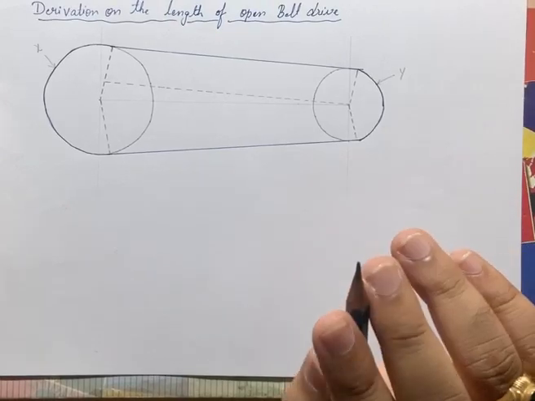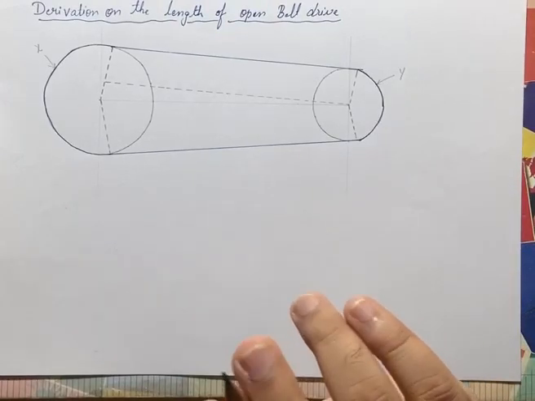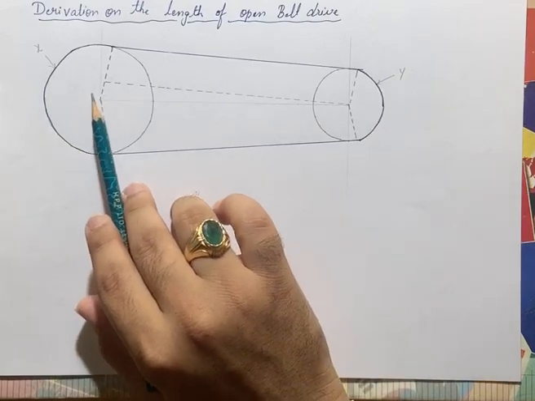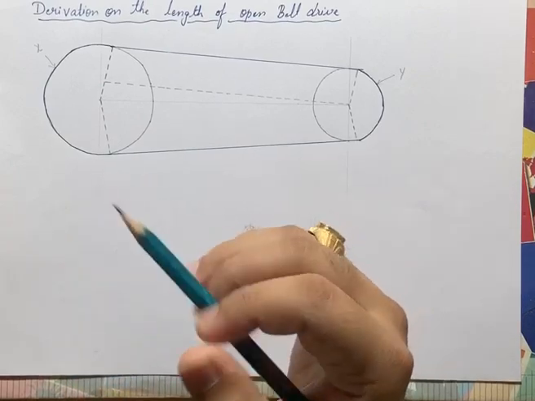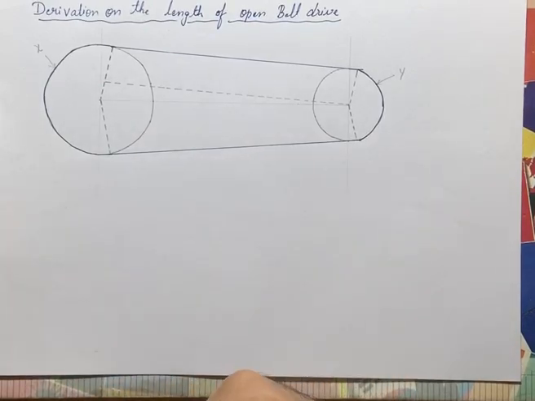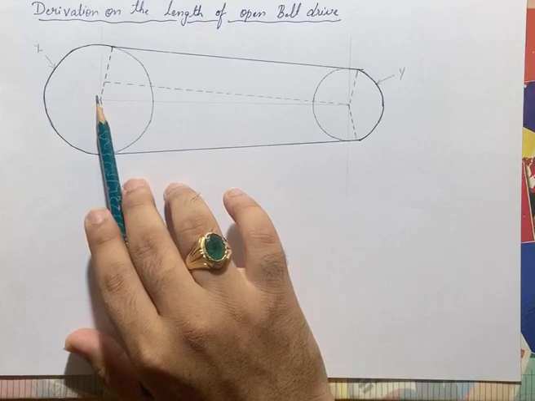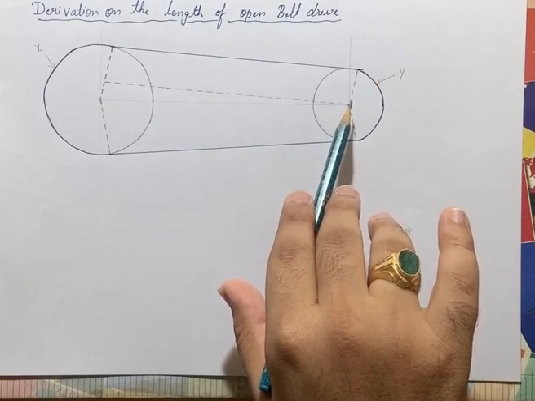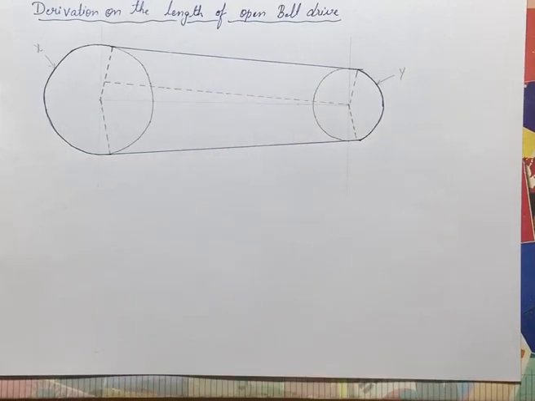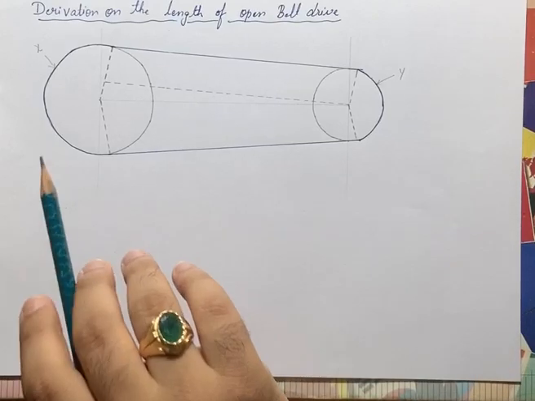Now, what is a driver pulley? That means if I connect this pulley or shaft here to a driver, it might be an IC engine or a motor or something. From that, the power needs to be transmitted to another shaft here. It might be some machine which is utilizing that power. It might be a lathe, it might be a mill, or any other machine.